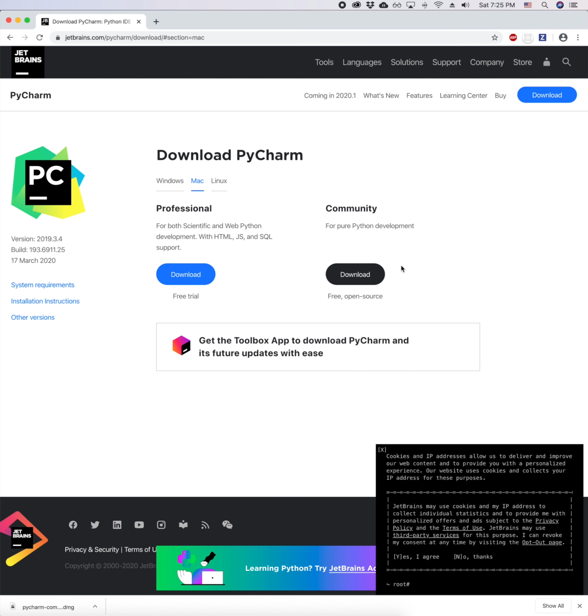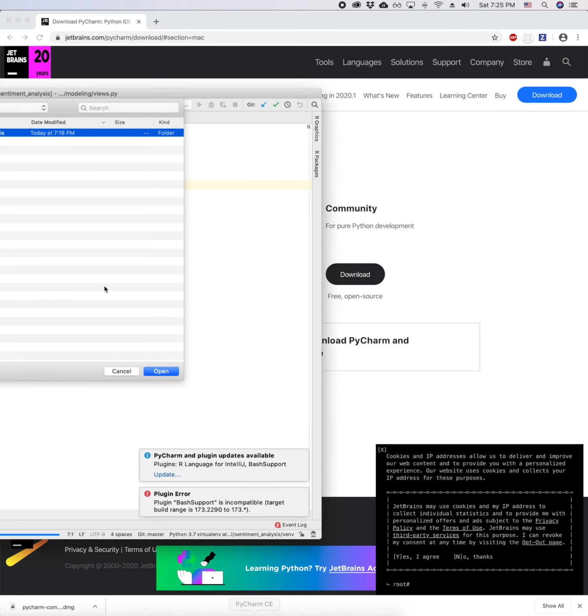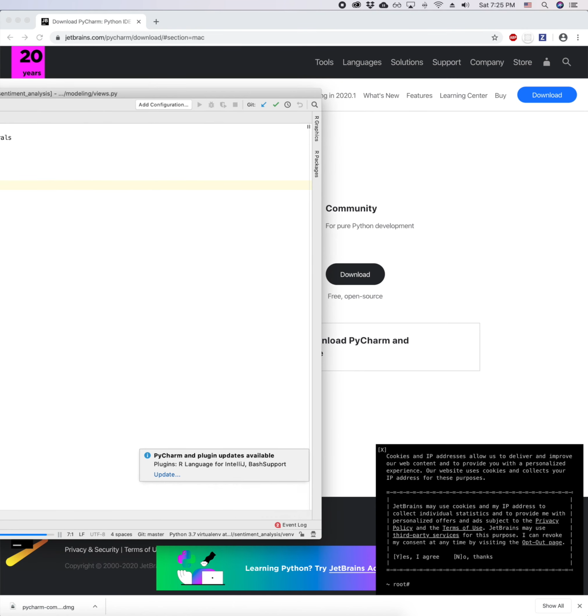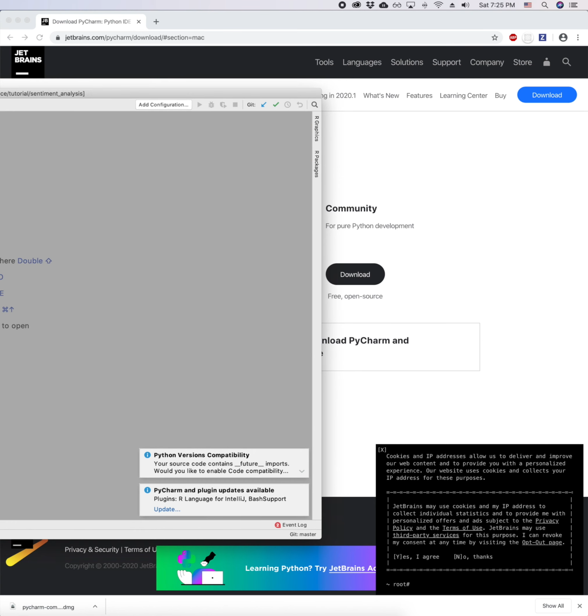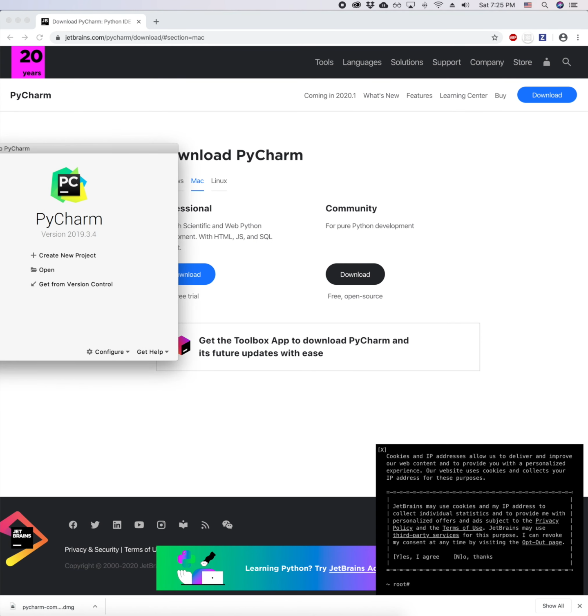After you install it, which I have already done, open it up, and if this is the first time you're using it, you have to import the project. So what I'll do here is show you how to import this project. Let's assume it's the first time you're using it and there's no project loaded into PyCharm yet. Click on the Open